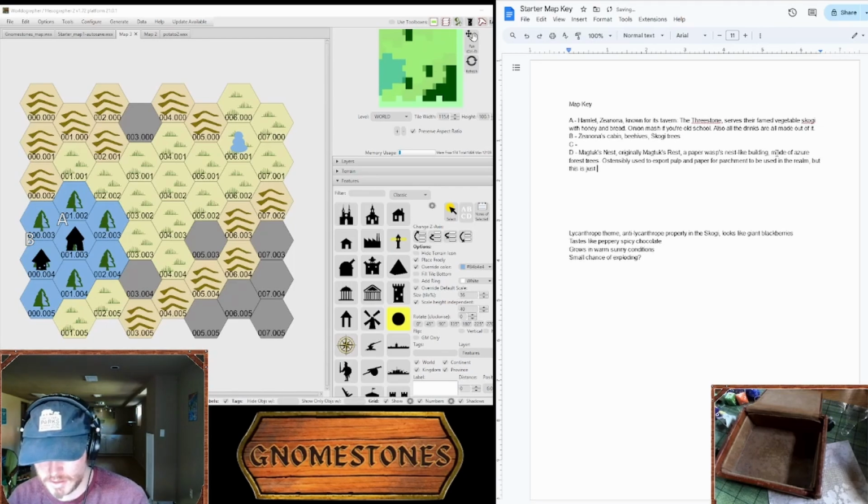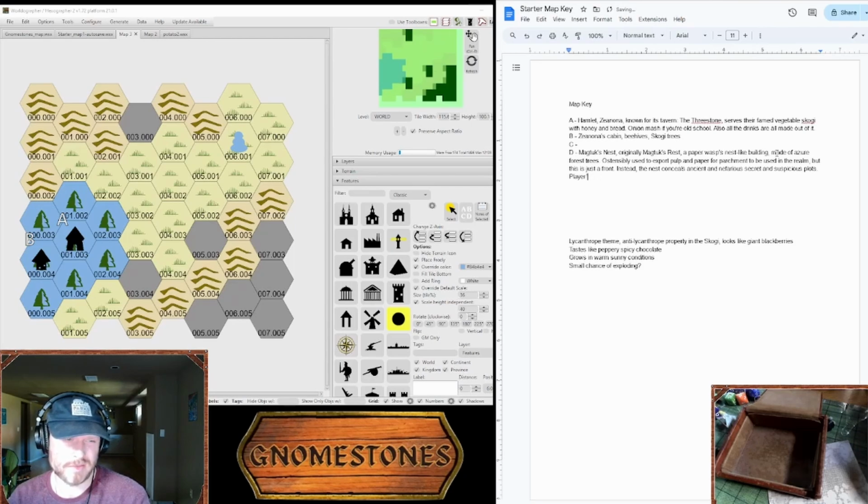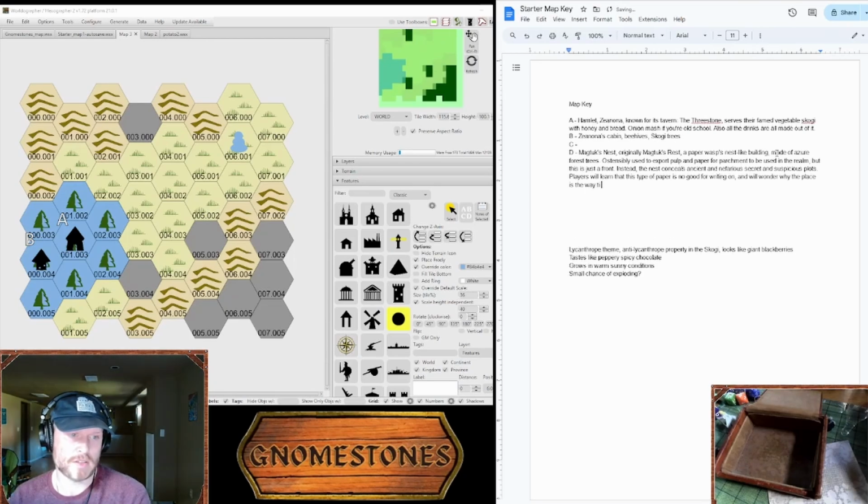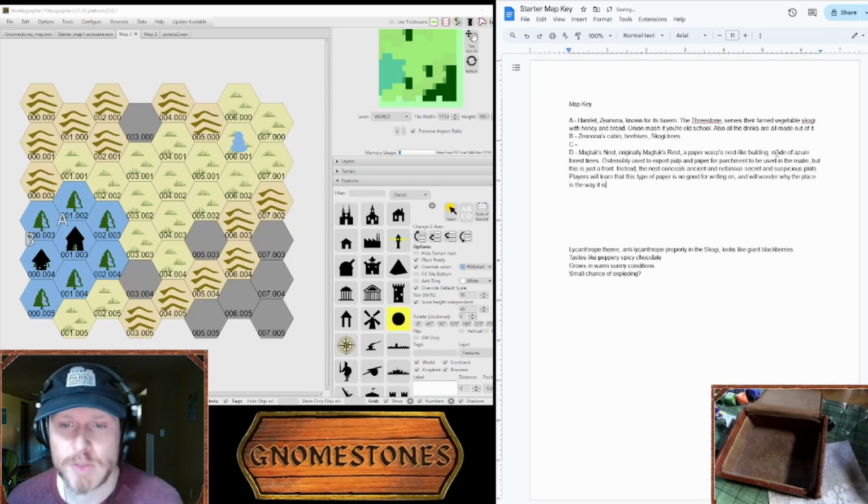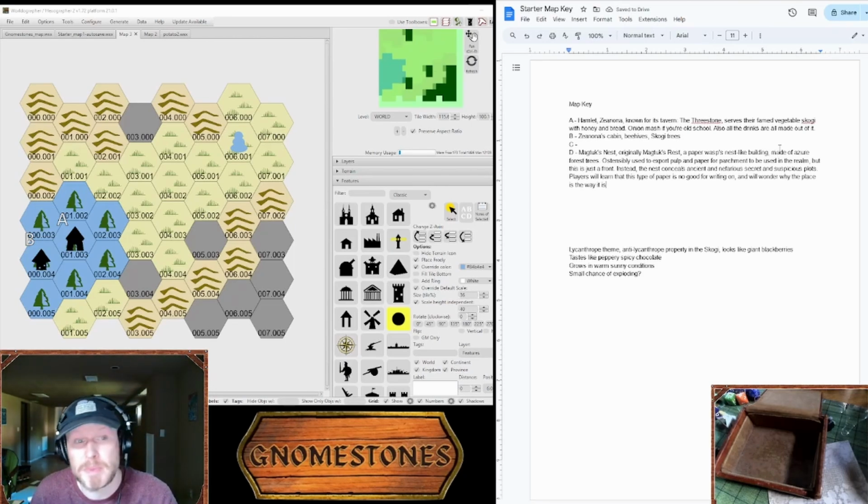This is just a front. The nest conceals ancient and nefarious secrets. Players will learn that the paper is actually no good for writing on. So this is a place that feels authoritative, feels suspicious, feels like you can't say all the things you want to say because people are listening through those thin walls, and where people can realize that there's actually like suspicious things going on for the puzzle player, for the backstory player, and what they're doing is they're really covering up what's going on, and we know that that's something to do with lycanthropy and cutting down this forest, and